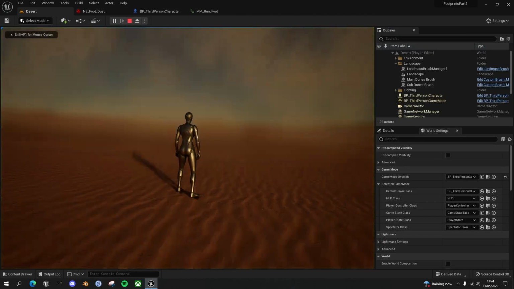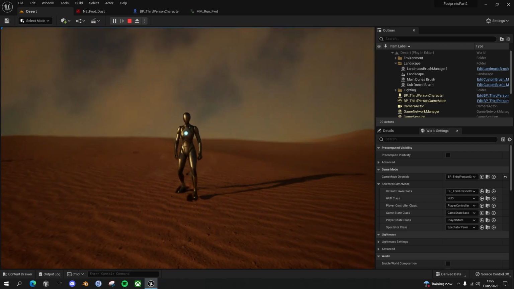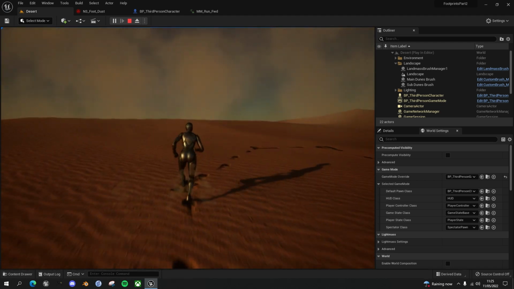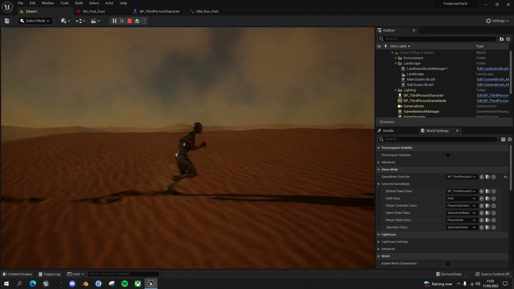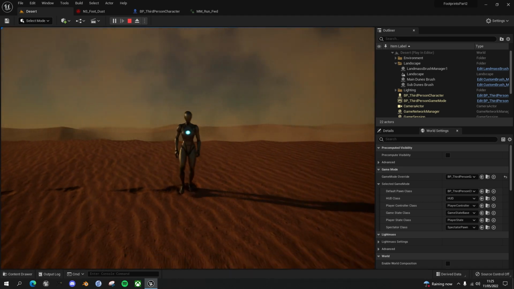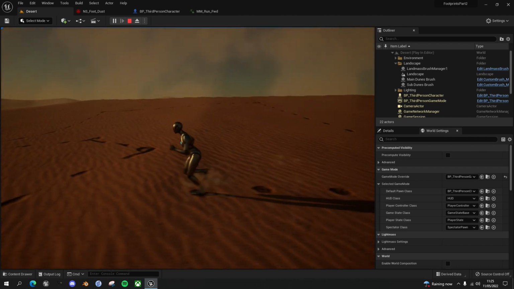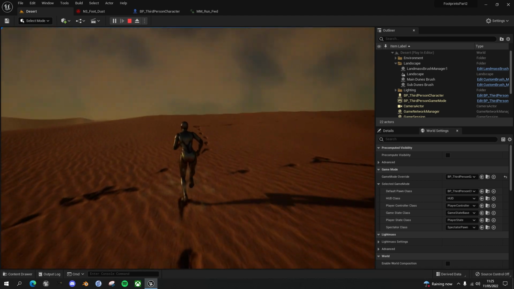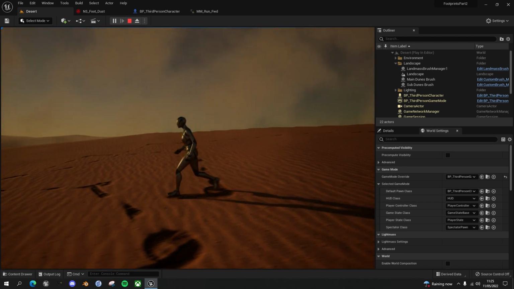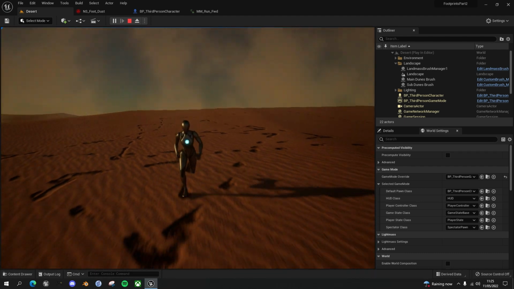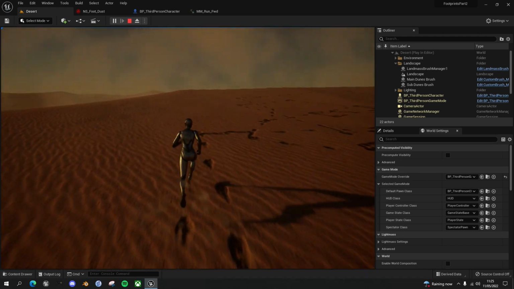save that, and now if we go into play mode, you'll see as we run around there's a puff of white smoke. Doesn't really look like anything like sand at the moment, but at least it seems to be working. So every time the left and right feet hit the ground, particle system is spawned and does that omnidirectional burst. So last thing we need to do is really just tweak the particle system to get the particles that we want. So I'll just tweak a couple of parameters for you,